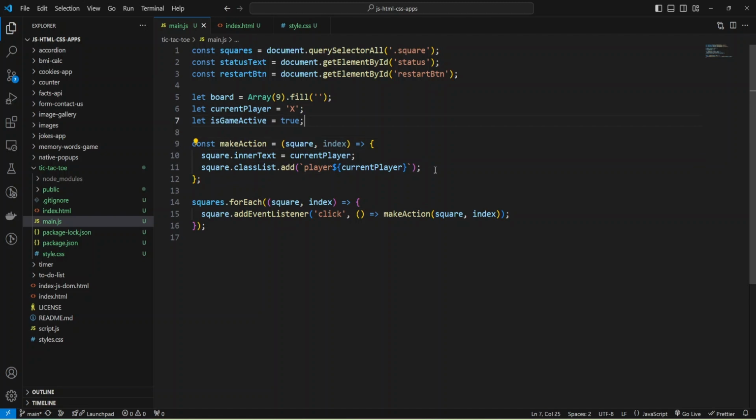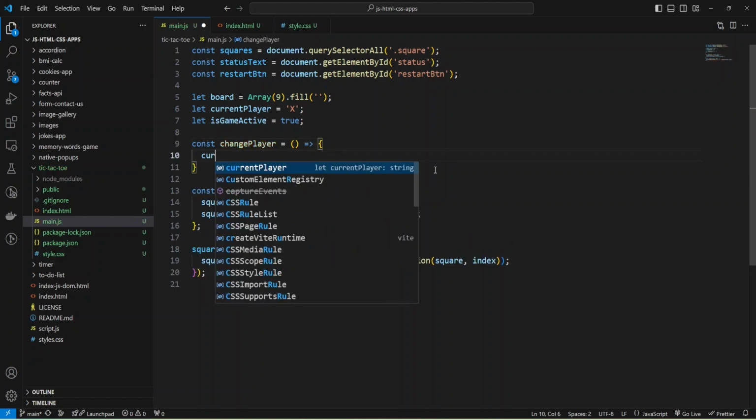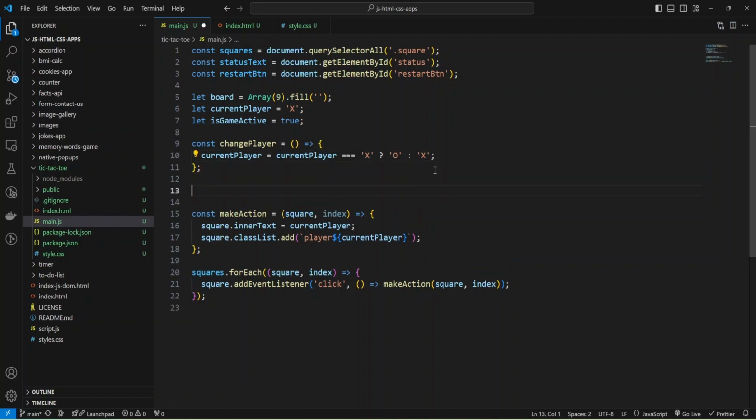And for changing player I'm going to add a new function. It will be const change player, and it will be also a function, and I'll change current player and check if current player equals x, then I'll change it to O, and if not, then I'll change it to X. And also we need some function to change status text.